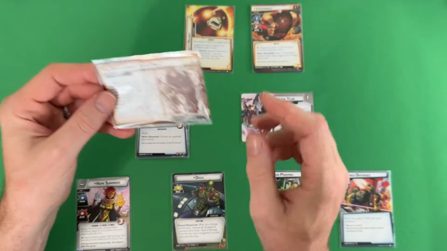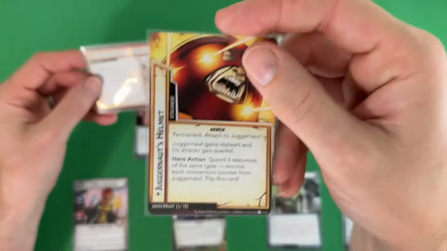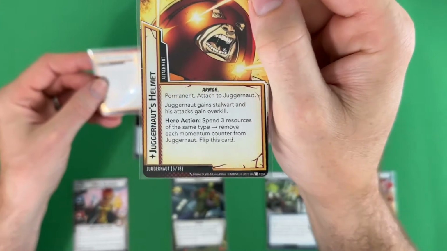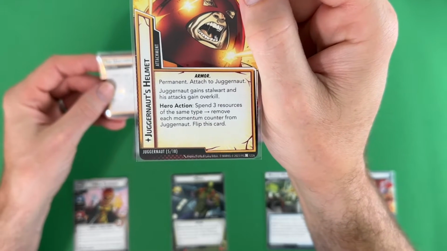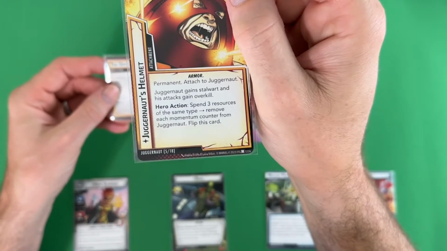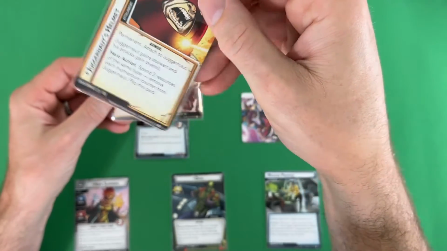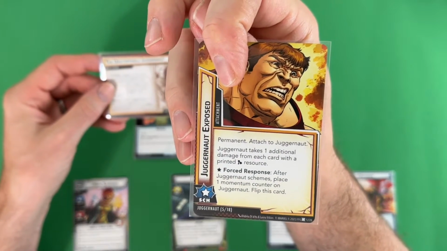set shuffled in. The setup tells us to attach Juggernaut's helmet to Juggernaut, so this is kind of the big deal with Juggernaut. When he has his helmet, he has Stalwart and his attack scheme Overkill, so jump blocking will not be helpful. You can spend 3 resources of the same type, which isn't always easy, to remove his momentum counters and flip this over, and then he becomes vulnerable to stun and confuse,